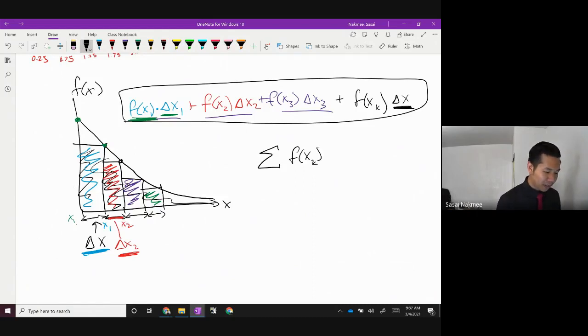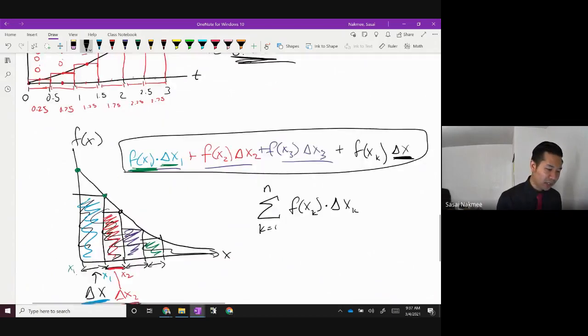For all the x values in there, we multiply that with the widths of each of those rectangles. So x sub k, like that, times delta x. Usually the delta x's are all the same, but there's a possibility that they might be different. This happens for k equal to 1, the first rectangle, all the way up to n, with n being however many rectangles you want.